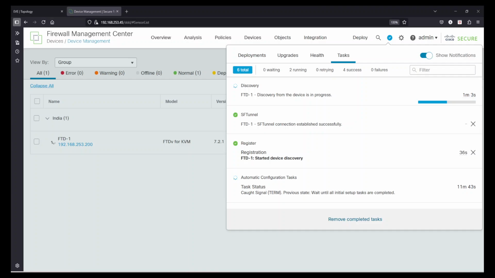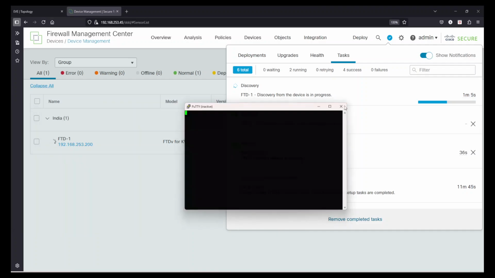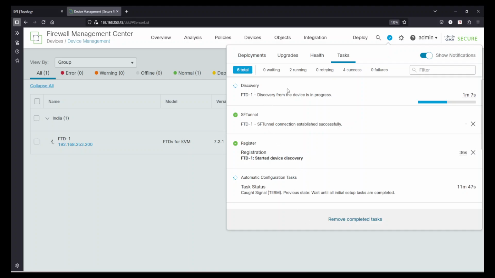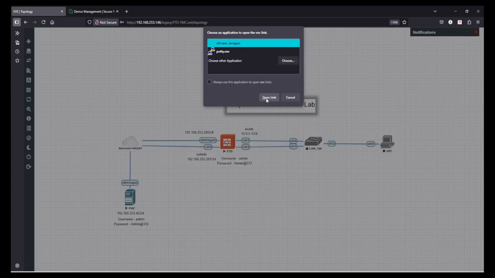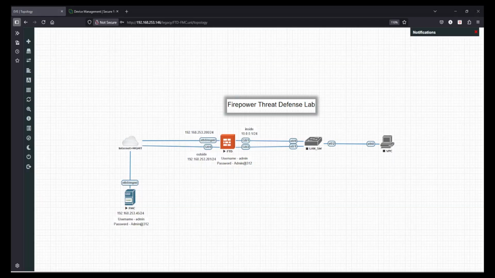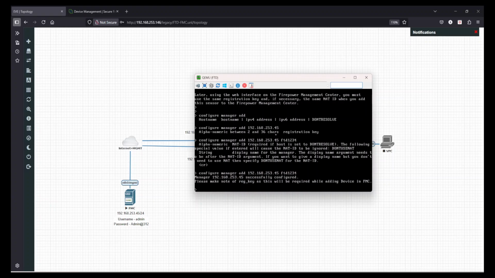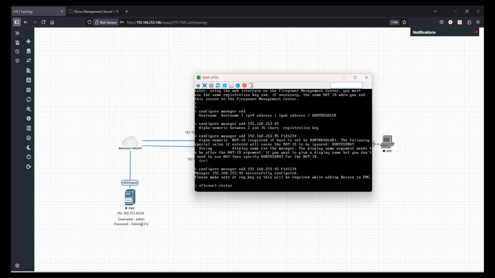Okay, right now I am getting connection refused, so I'll wait for it to happen. And let me show you on the console itself. In order to know the status of SF tunnel, the command goes like sftunnel-status. If you click on it and hit enter,